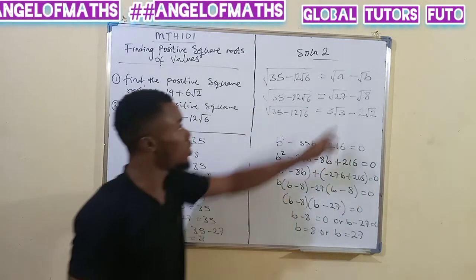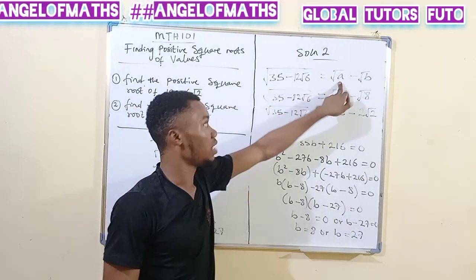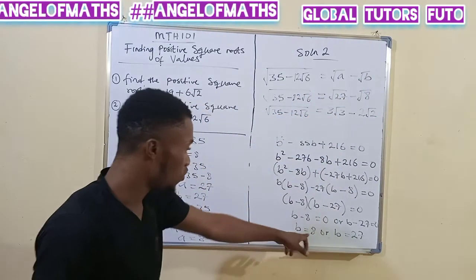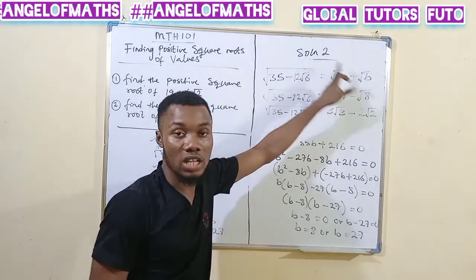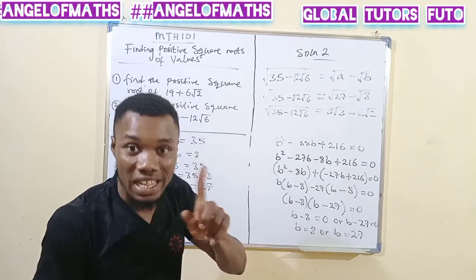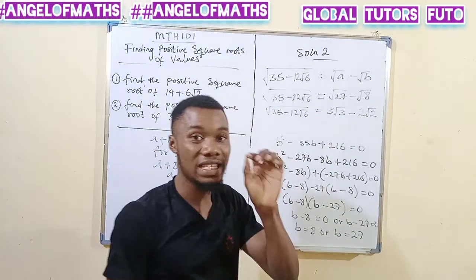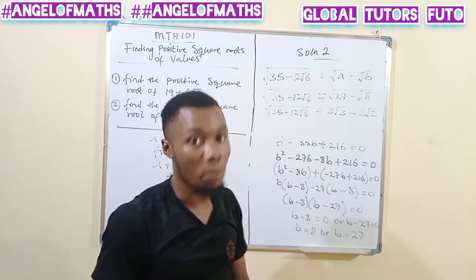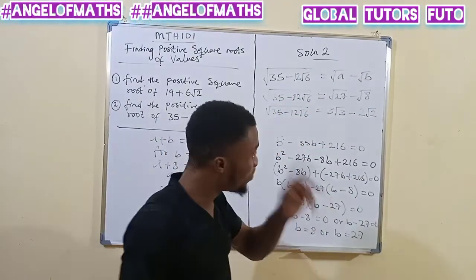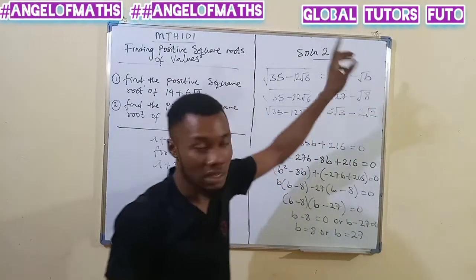So when you are doing the one of negative, make sure that you give the bigger number to A and the smaller number to B, like here we have 27 and 8. Give the bigger number to A because of this negative. Note that the square root of any number can never be negative. If you give this one a smaller number and this one a bigger number, you get a negative answer. Although I know that if this square root goes over, it will become positive. You understand? But please always put the bigger number here and the smaller number here.